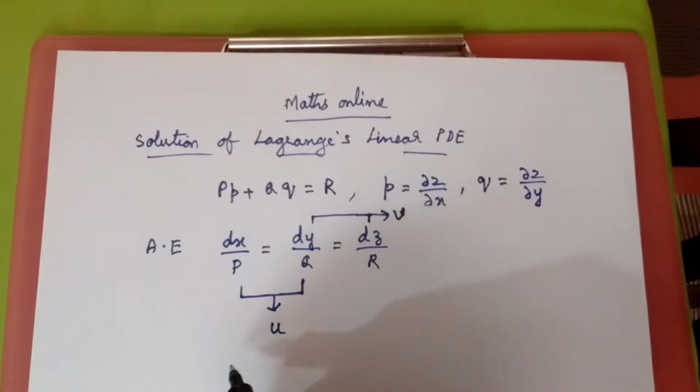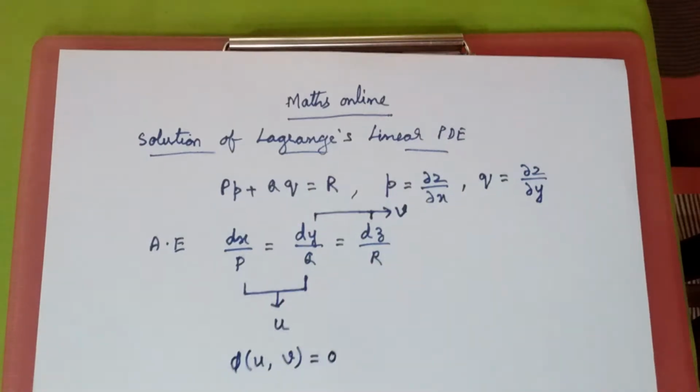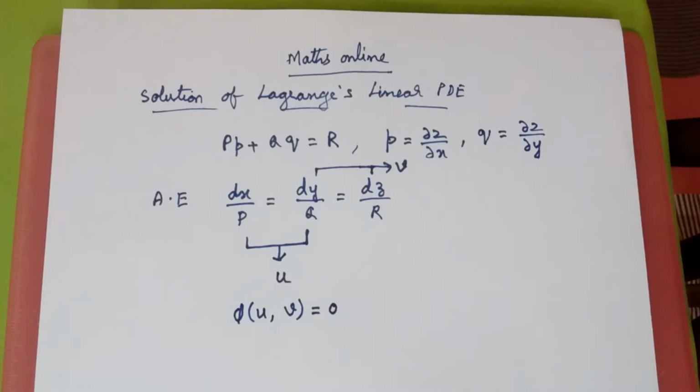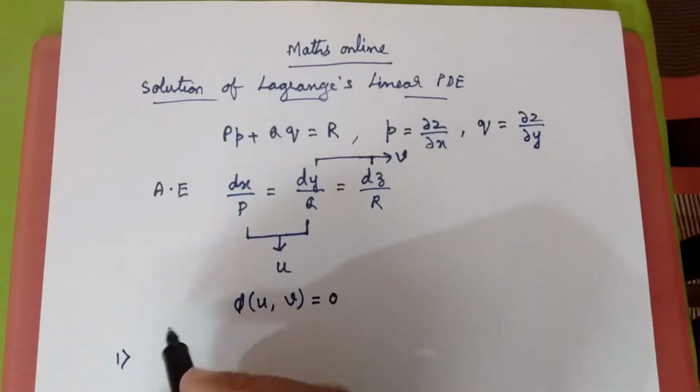Now if we group these two solutions, we get the solution in the form of phi of u comma v is equal to 0. So this gives the solution for the Lagrange linear PDE. Let us take an example and see. Solve